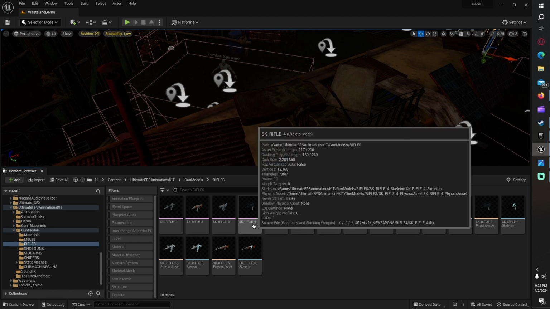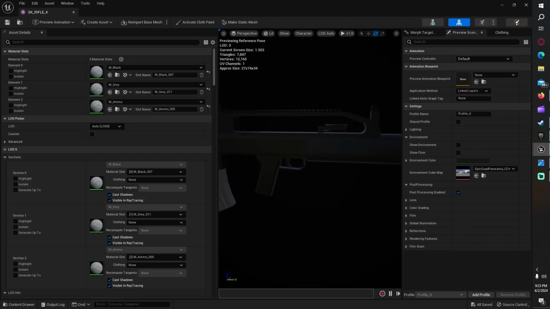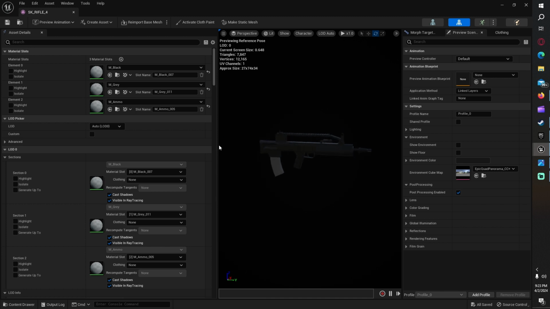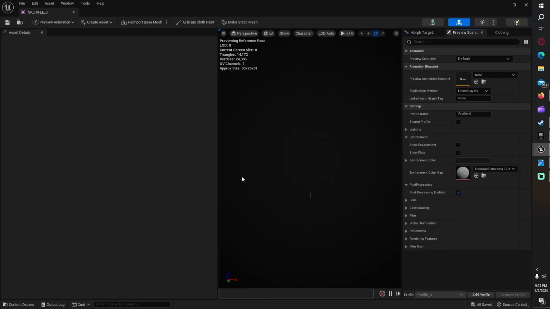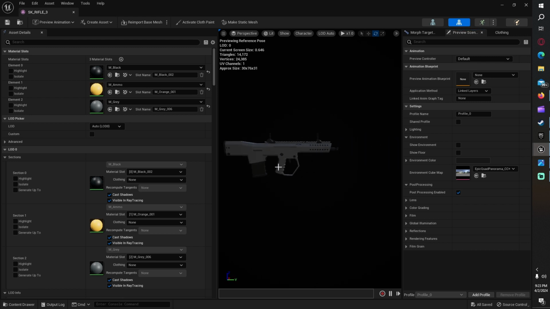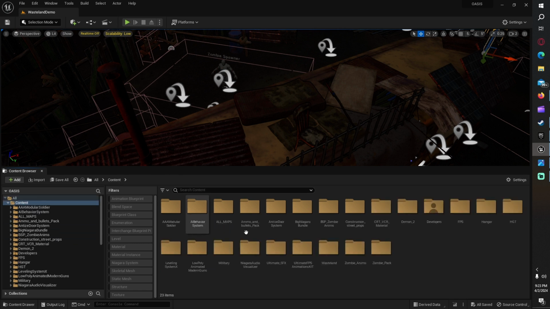I think this is one of the bullpups. This one seems a little crazy, but yeah, sure, we'll do rifle 4. I don't think there's... Oh, no, I want to do rifle 3. Yeah, this is the bullpup I need. Rifle 3. Okay, so now that we know what the name of the rifle is, we will go to our